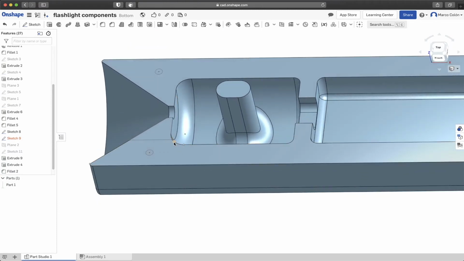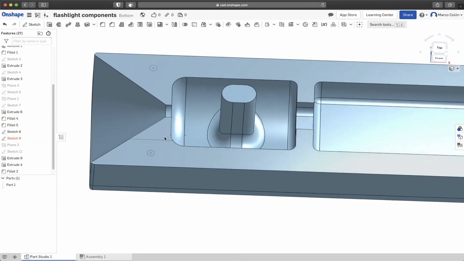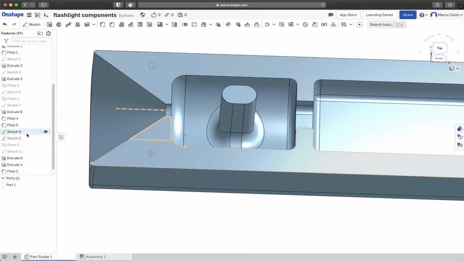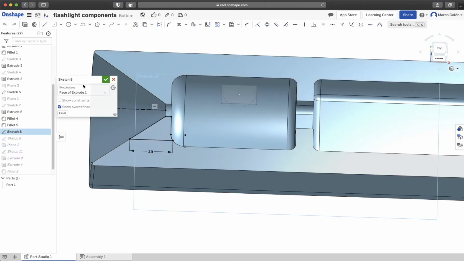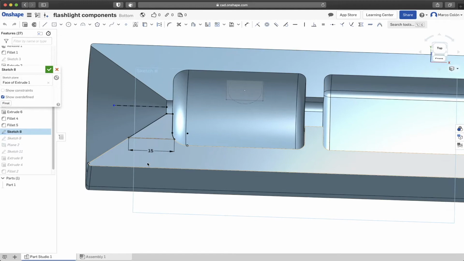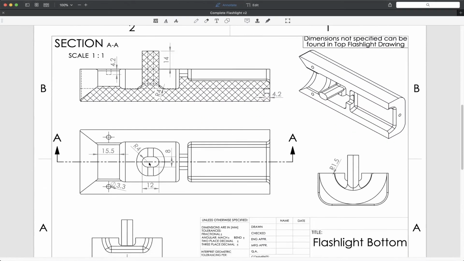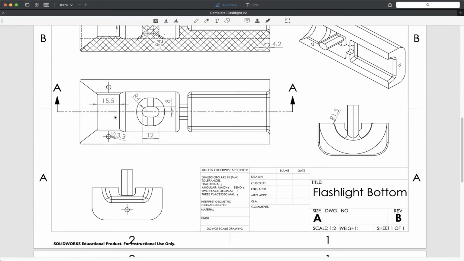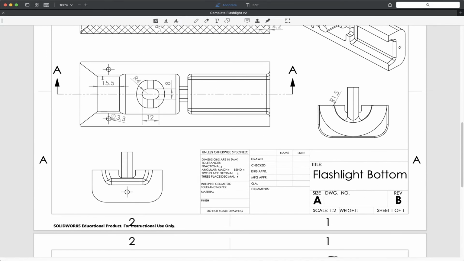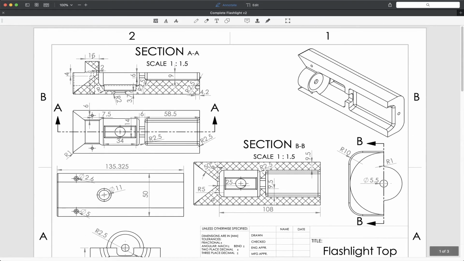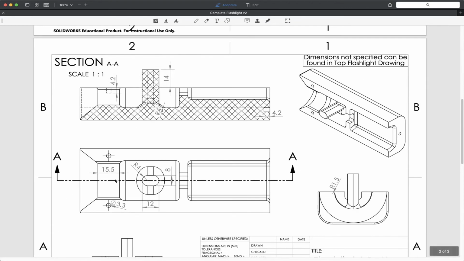Alright, let's do the Revolve. That's going to be removing material. So let's sketch 8. Let's edit it. So we only have to make a small edit here. So we go back to our drawing. Here in our drawing, I specified that the only dimension that you really have to worry about here is this 15.5 as compared to back in the top, it's 15. So the reason why it's slightly bigger